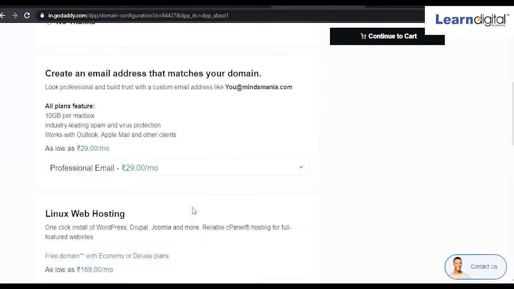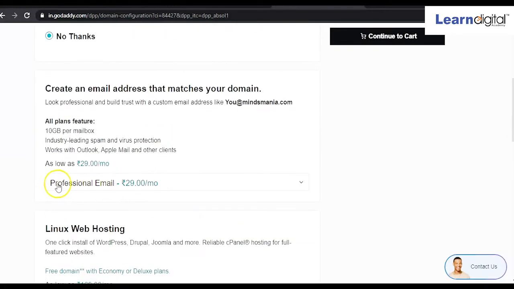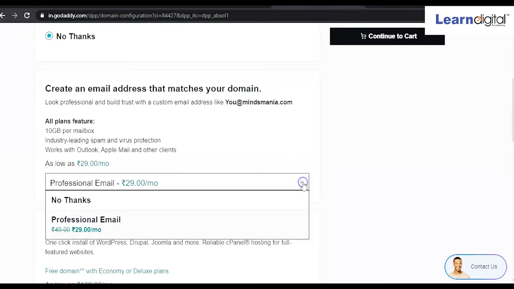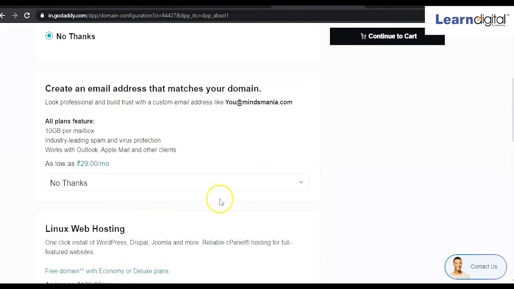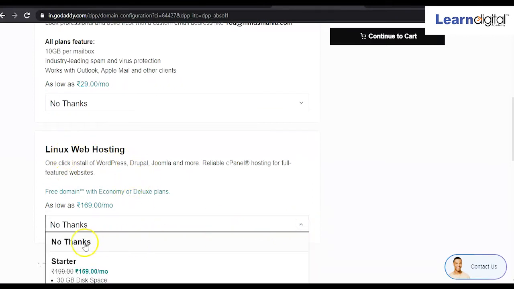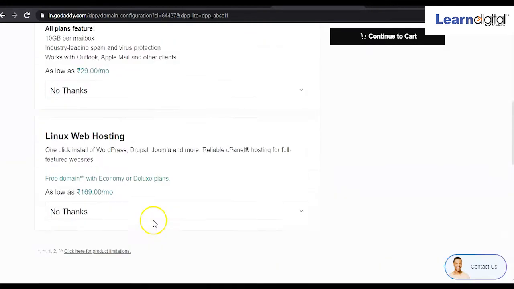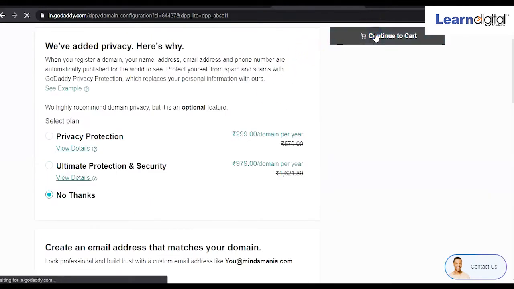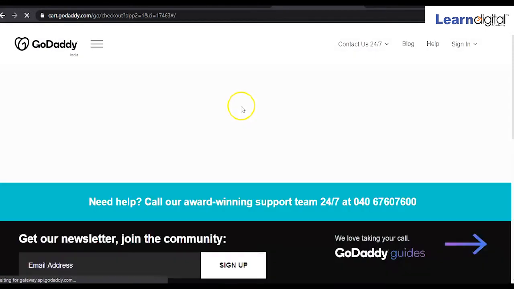And if you want professional mail, like business mail, you have to select it over here. And it is also asking for web hosting, so you can select a web hosting plan, but no thanks. Then after that you have to click on continue to cart, right?